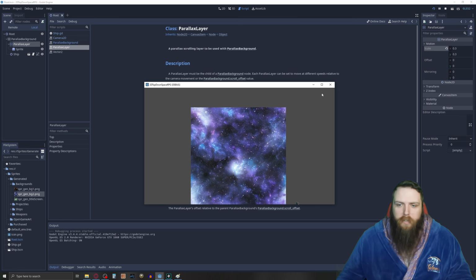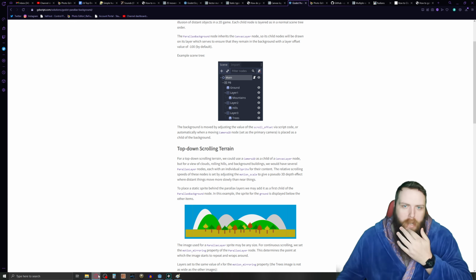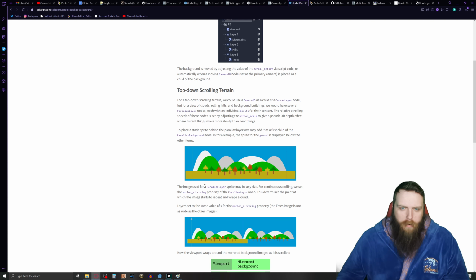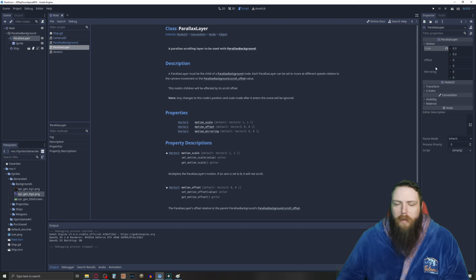But now we need to make it so it actually tiles. So how do we make a parallax layer tile? Motion mirroring property of the parallax layer node. The image is used for a parallax layer. Motion mirroring. So we just have to set it to be the same dimensions as the sprite. So if we set mirroring to be 512 by 512,